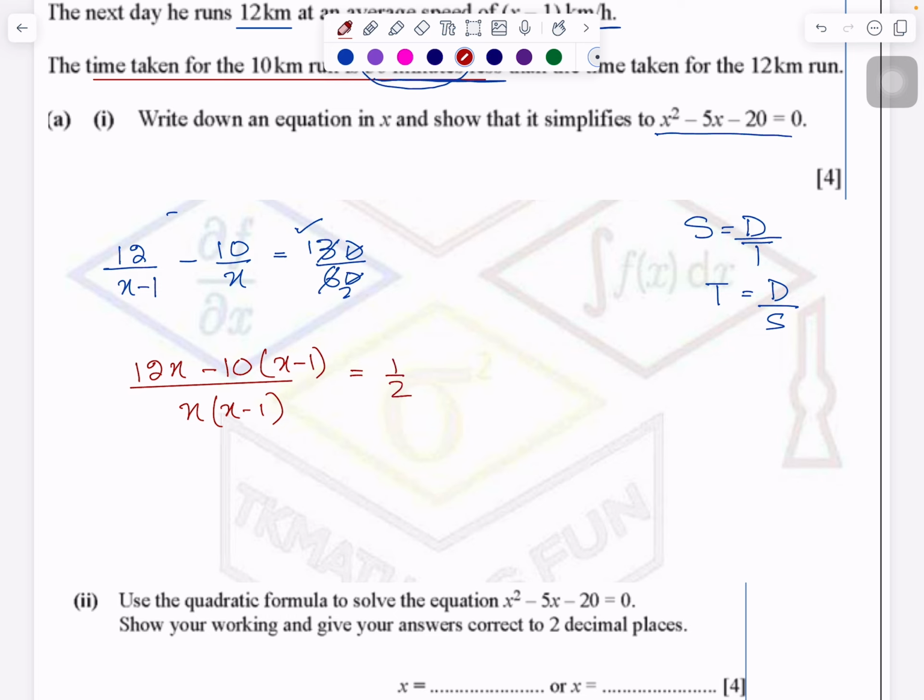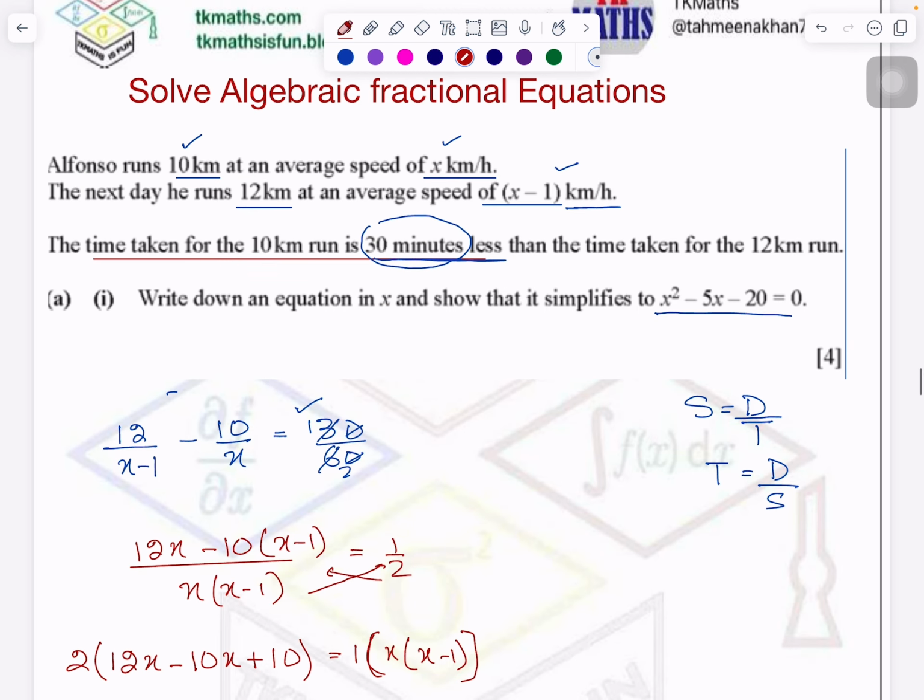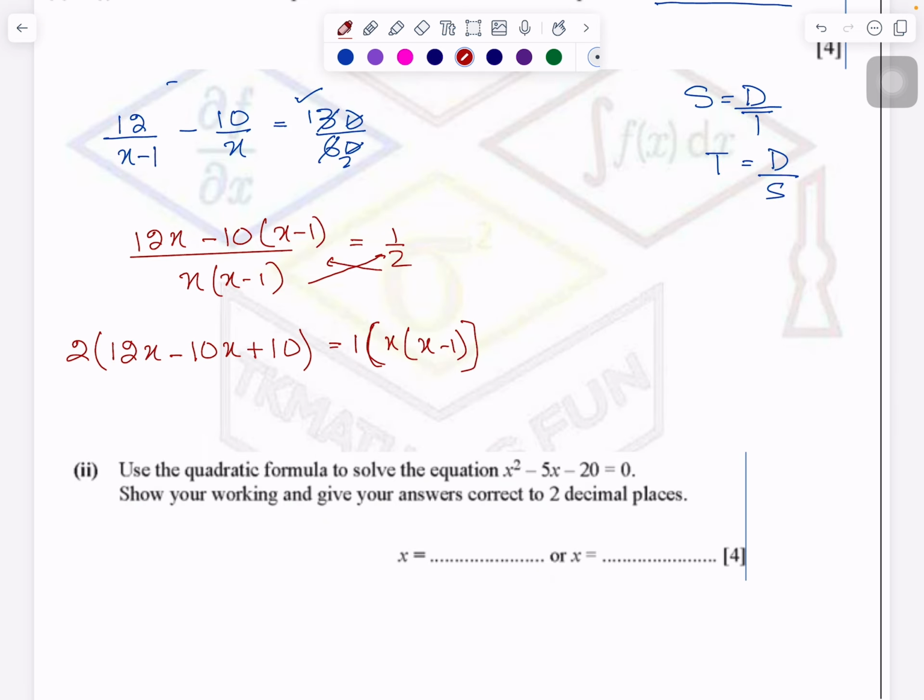Now you can cross multiply here and simplify the numerator. We have seen in the previous video how to simplify the expressions, right? So I'm multiplying numerator by 2 and this denominator by 1. So x times x minus 1. Okay. Now I will further expand it because I have to bring it into the form which is given in the question. So you can't leave it here incomplete. These are like terms. So you will add them or subtract them.